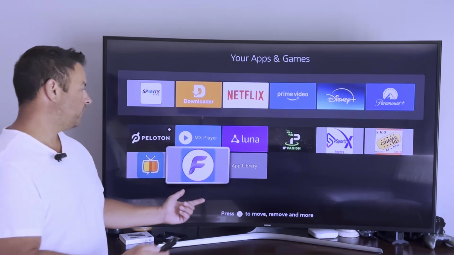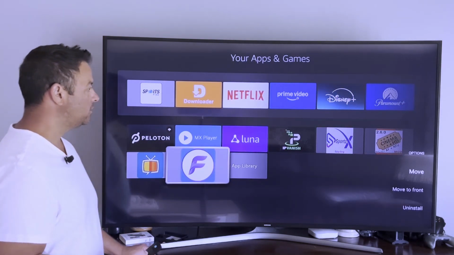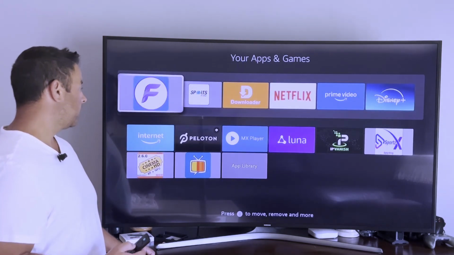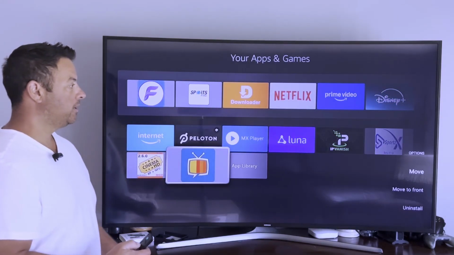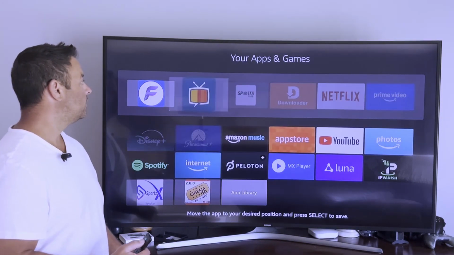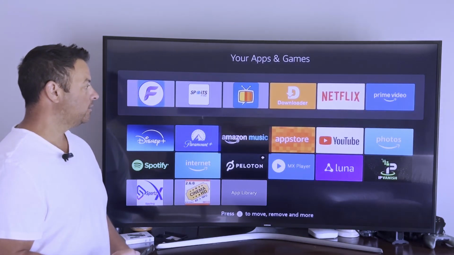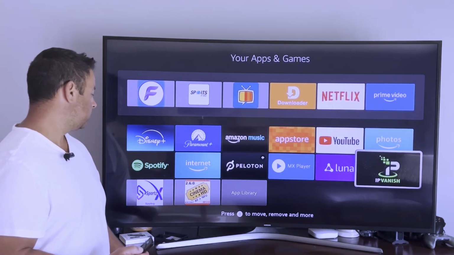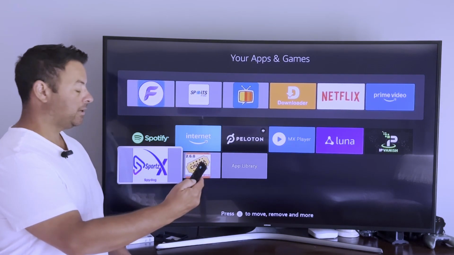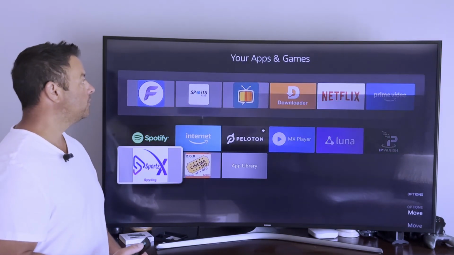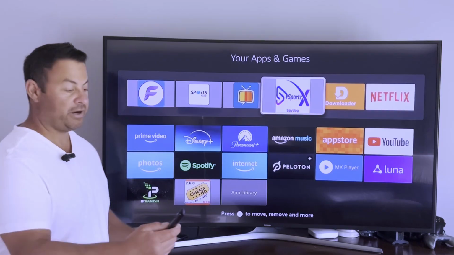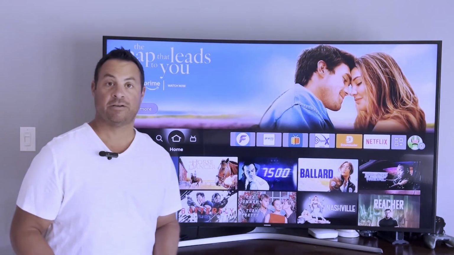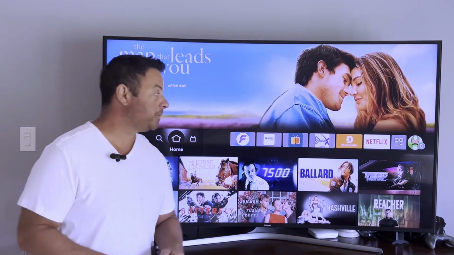Let's go maybe Flicks, move to the front. I'm going to do Stream, move it, right? Then we can do the same with Sports. Highlight it, move. Now we have all these applications on our Amazon Fire TV stick up front and center so that for your enjoyment,